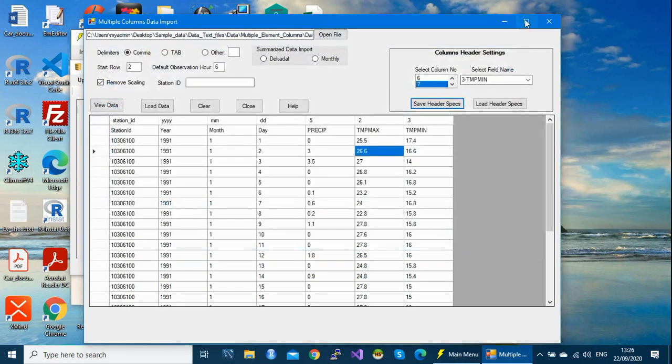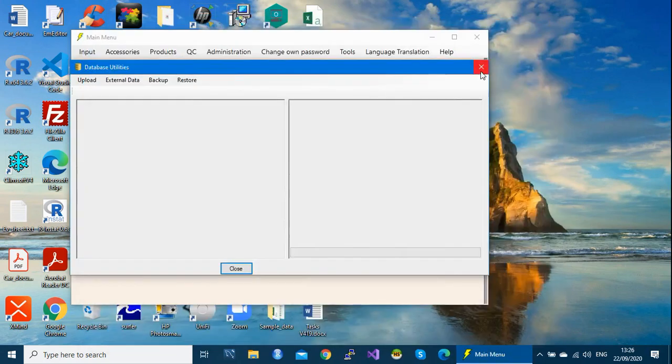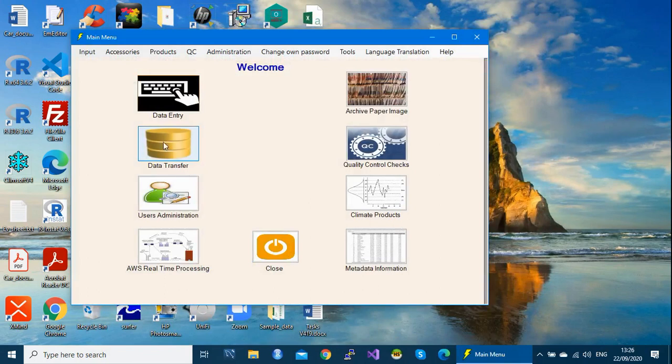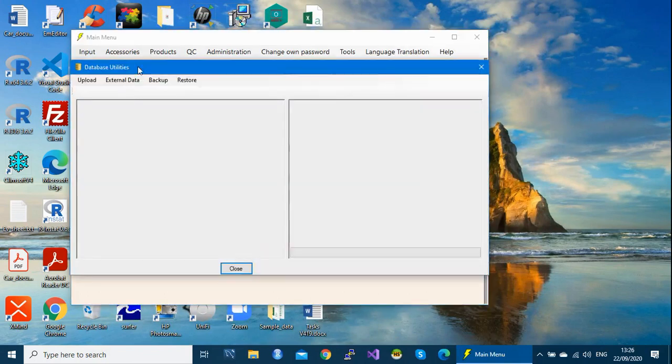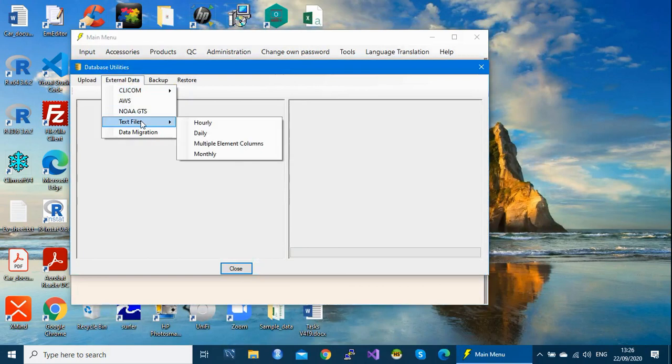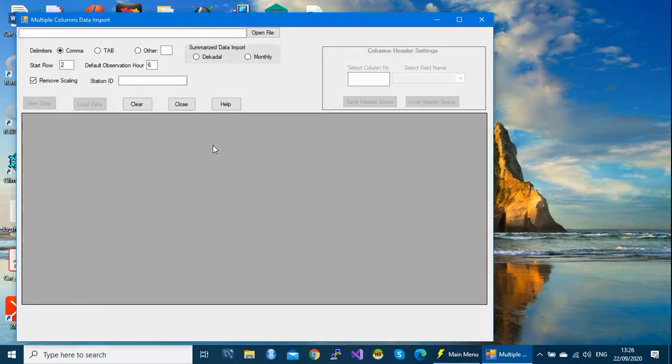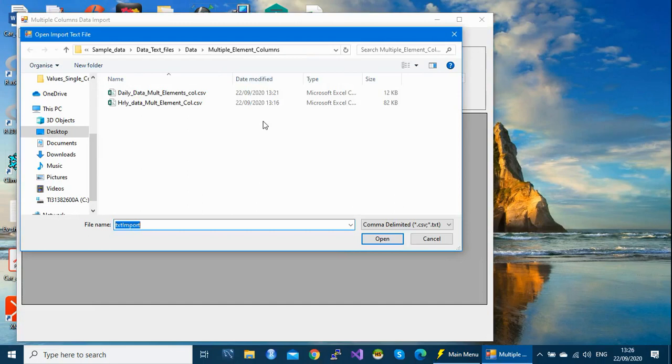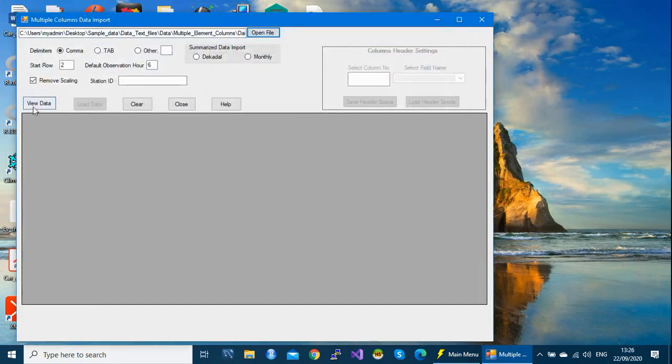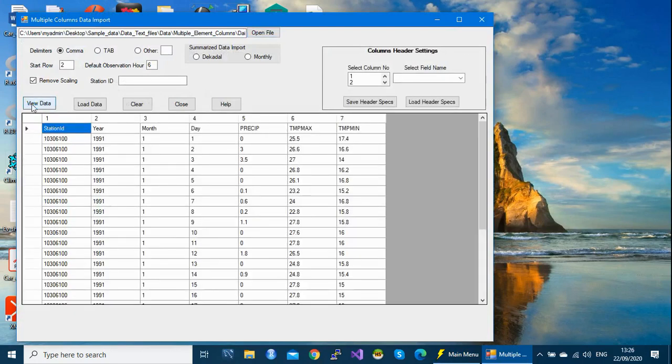Let's assume we have another file. We close this one and load another file. Click on data, external data, text file, multiple element columns. Select the file you want to load. It's daily data. Try to view. Our data starts at row 2, we want to remove the decimals, and we have the station ID column, which is okay.